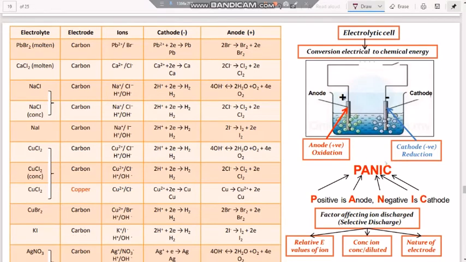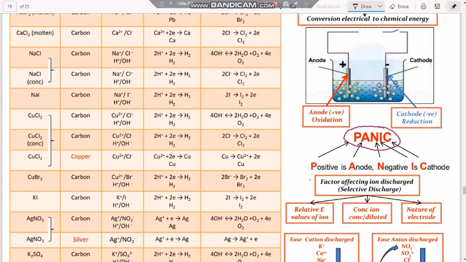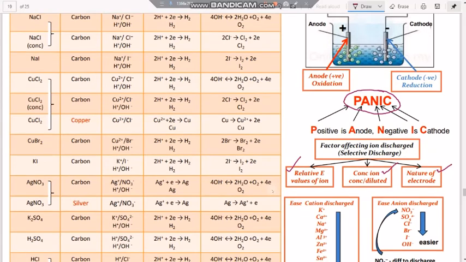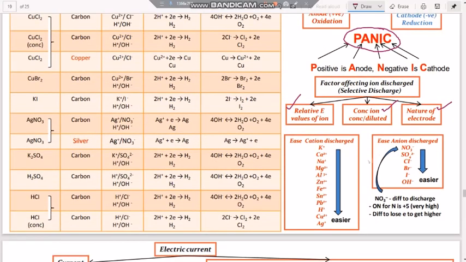Simply we can remember this word, which is called PANIC. PANIC means positive is anode, negative is cathode, to remember the electrolytic cells. We have different factors: relative electrode potential values of ions, concentration of ions, whether concentrated or diluted, and nature of the electrode. These are the most important factors. In this, we have ease of cation discharge and ease of anion discharge, the picture we have shown, that means reactive metals